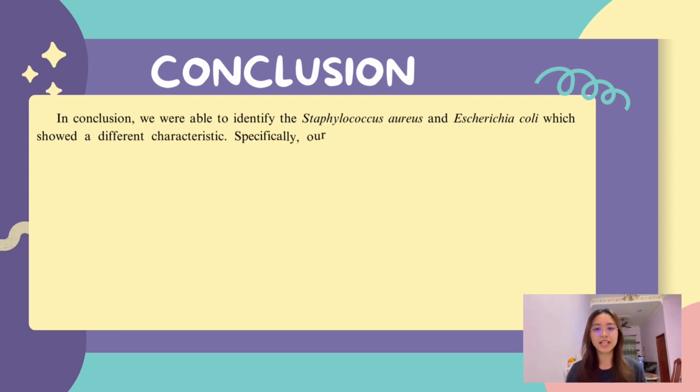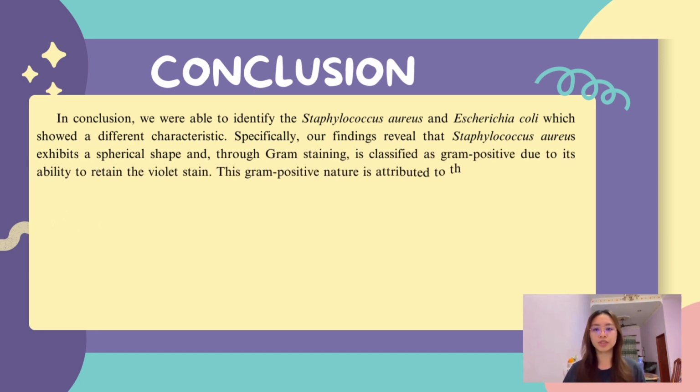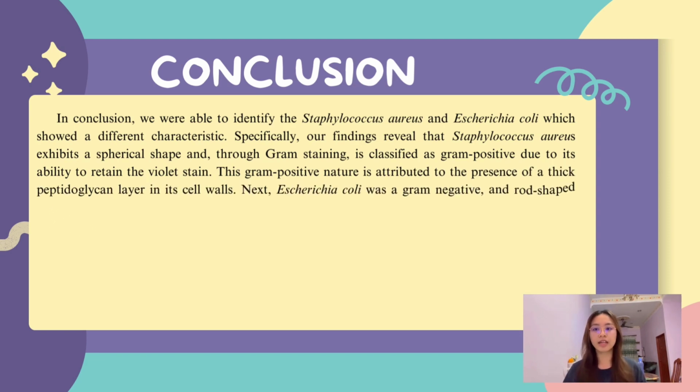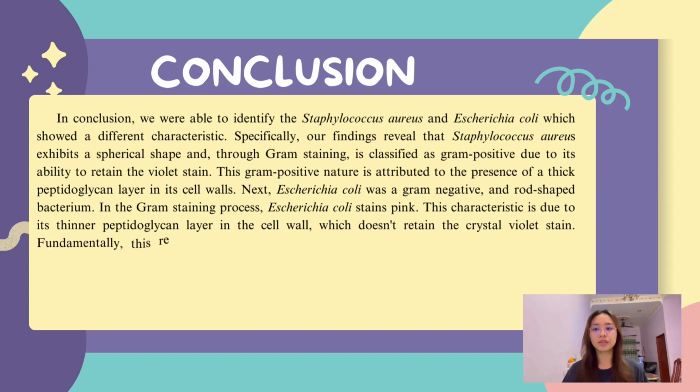From our observation, Staphylococcus aureus exhibits a spherical shape through gram staining. It is classified as gram-positive due to its ability to retain the violet stain. This gram-positive nature is attributed to the presence of a thick peptidoglycan layer in its cell wall. Next, Escherichia coli is a gram-negative and rod-shaped bacterium. In the gram staining process, Escherichia coli will stain pink. This characteristic is due to its thinner peptidoglycan layer in the cell wall, which does not retain the crystal violet